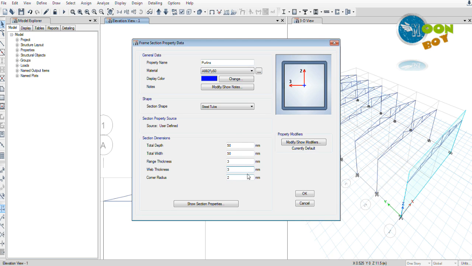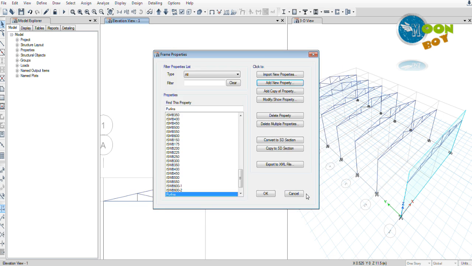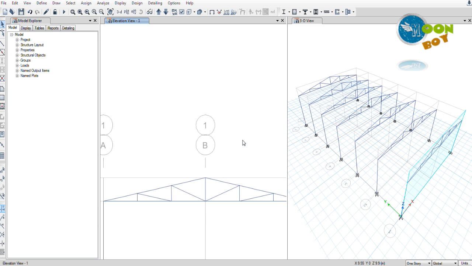Yep, 2 mm corner radius. Press OK. Purlins are ready. Press OK again. Now we are ready to draw the purlins. So go to this 3D view to draw the purlins,